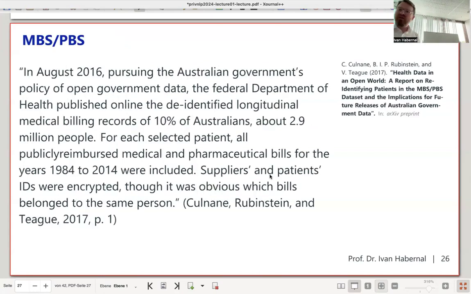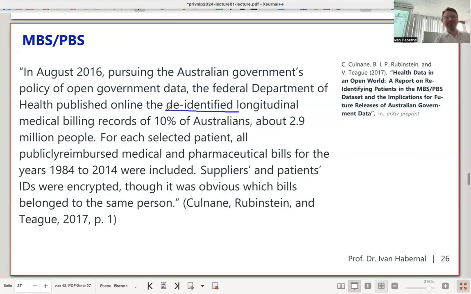MBS PBS. So this paper by Culnane, Rubinstein, and Teague, also on arXiv. It's a beautiful read, actually. So in August 2016, pursuing the Australian government's policy of open government data, the Federal Department of Health published online the de-identified